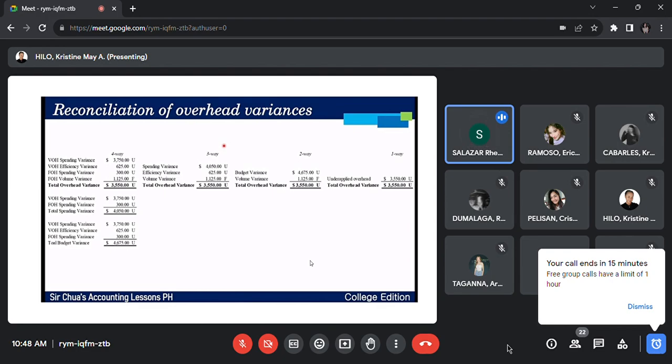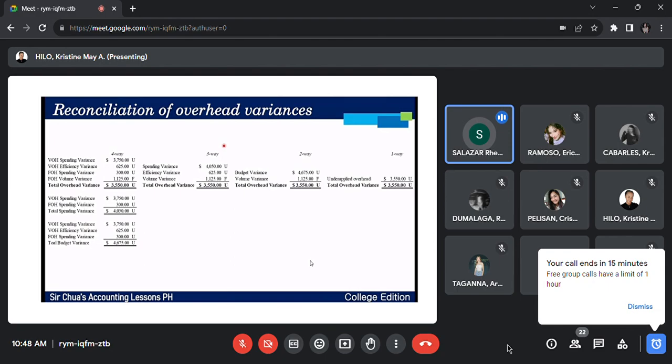Then the variable overhead efficiency variance is 625 unfavorable. Then the fixed overhead spending variance is 300 unfavorable. Then the fixed overhead volume variance